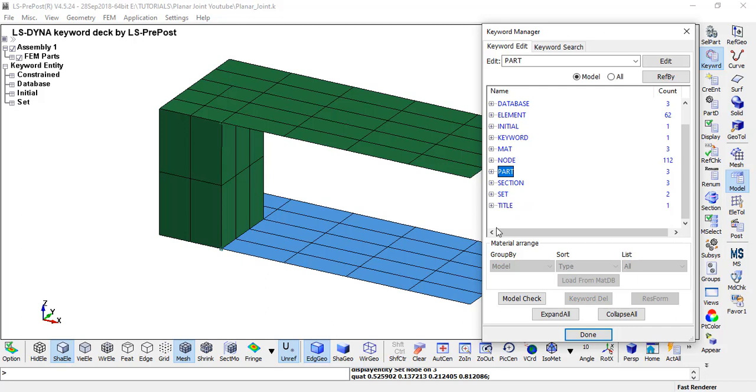Okay, for creating constrained extra node sets, it is important that we create nodes to create extra node sets.